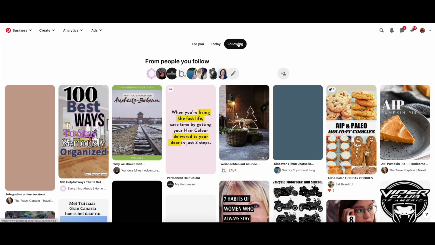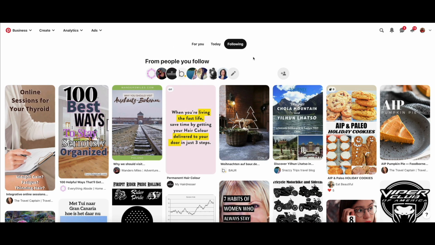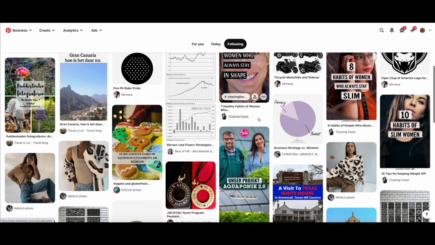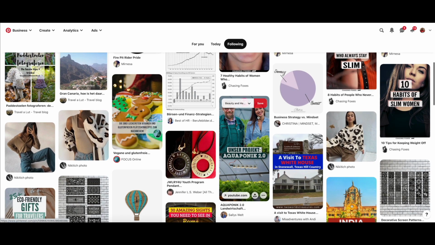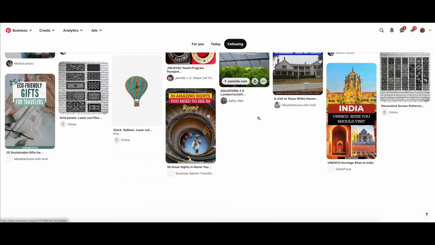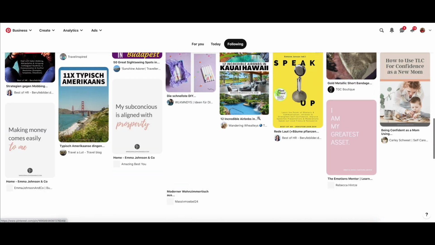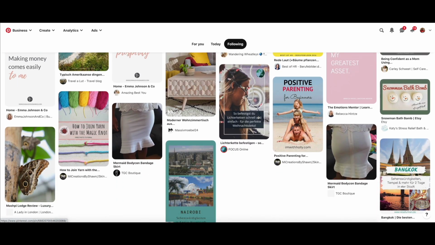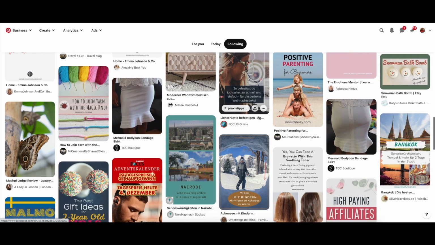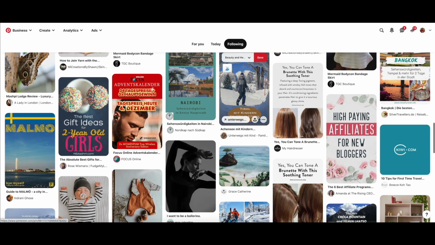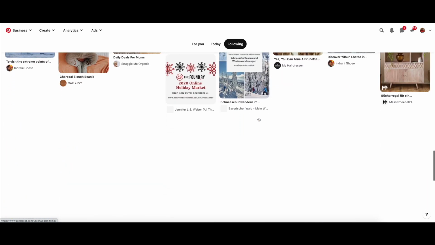Then you can go into your following tab, which is all the people you do follow. And let's see all of the content that they have created. Now, this tends to be usually more chronological in the sense that the latest pins are going to be showing up on the top and then the oldest at the bottom. The reason why is because sometimes you are on Pinterest just to follow certain influencers or brands and you just want to see what they've been up to. So in that sense, this is a feed where you can go and really dig into